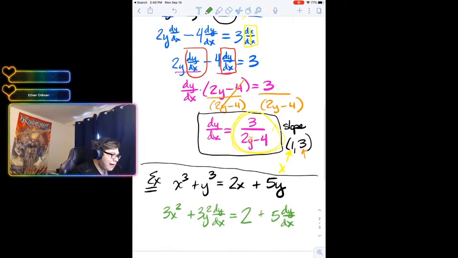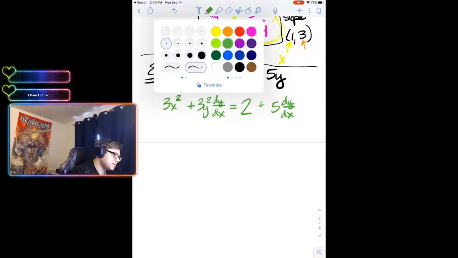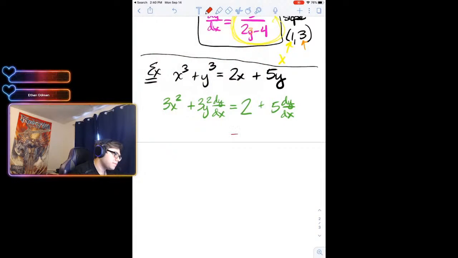In the previous example, this equation at this stage was already organized in such a way that the dy dx terms were already on one side of the equal sign. We did not get quite so lucky this time around, you guys. So that organization is definitely a part of what we have to do when we're doing implicit differentiation. I think of it this way. Anything that involves a dy dx should probably be on the left-hand side, and anything that does not involve a dy dx winds up on the other side. So for this particular equation, that means that